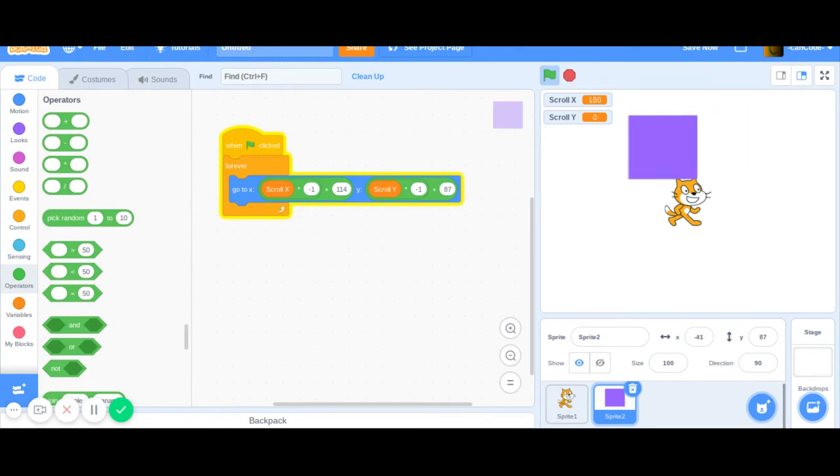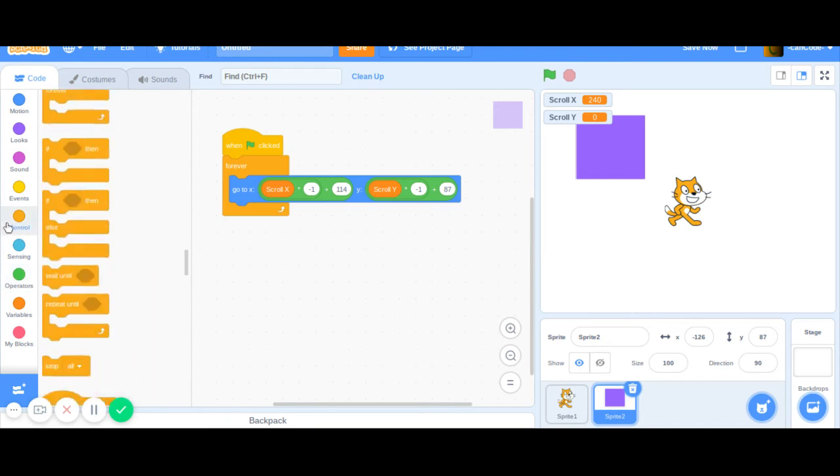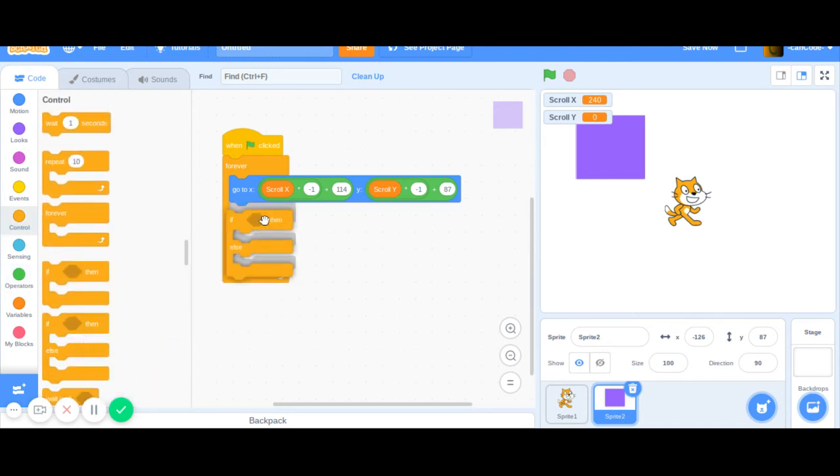So that's cool. But when I get to the edge, it stops, even though I'm moving to the right. And when I move to the left, it'll stay there until I start getting back. It still gets back into the screen. Well, that's a kind of glitch in Scratch. It won't let a sprite go past the edge, too far past the edge. And it won't go far enough to not be able to see it. So we can fix this by having an if-else statement